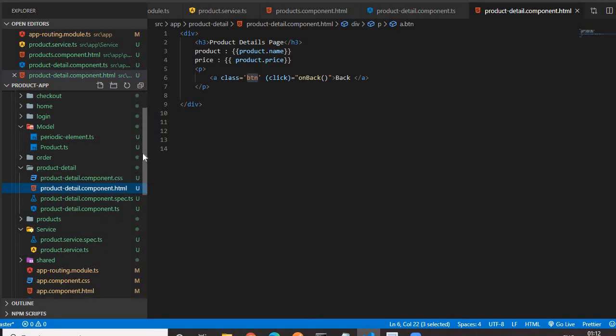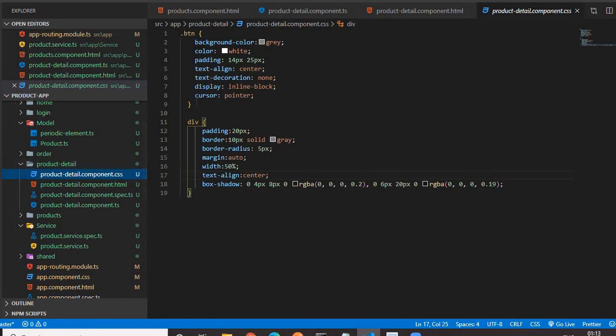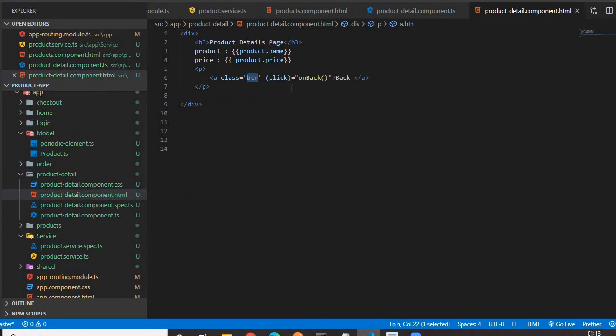Let me show that code also. This is the CSS I have written for converting the anchor tag into a button. Okay, let me close it. Then we have a click event, because an anchor tag is basically used for clicking, so that's why I have attached a click event. Then I have attached a function. Why have I done all these things? Because now, on click of the anchor tag, I want to navigate to my product list page.